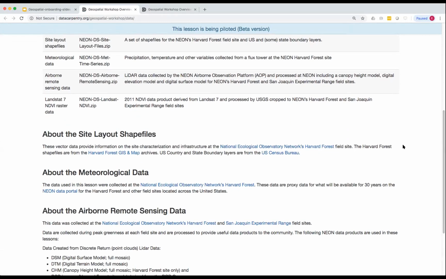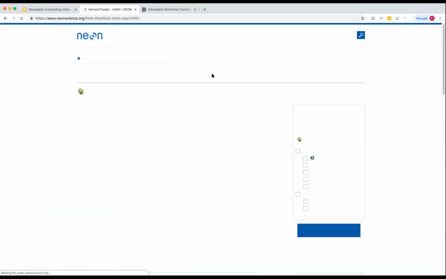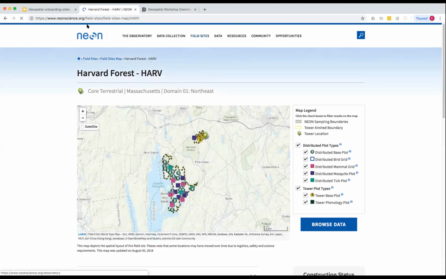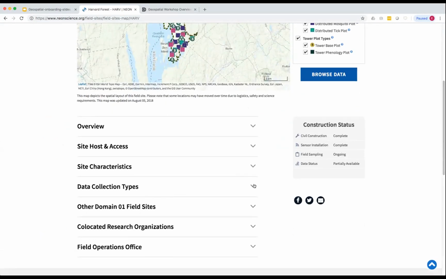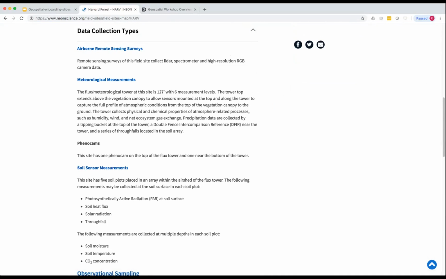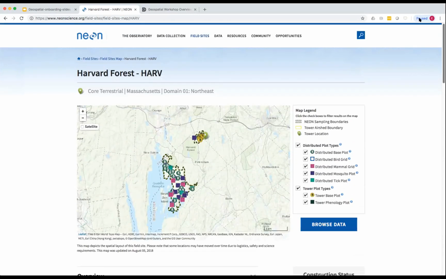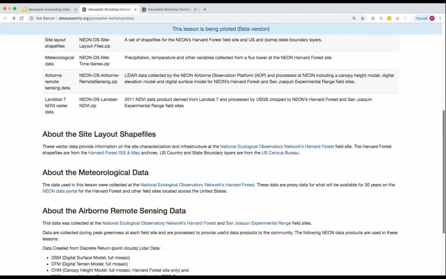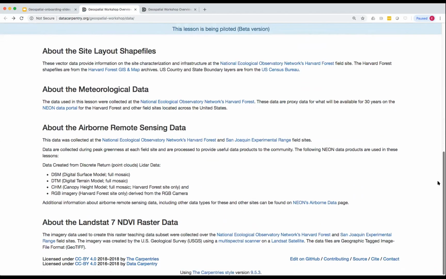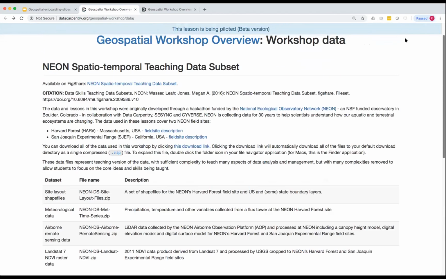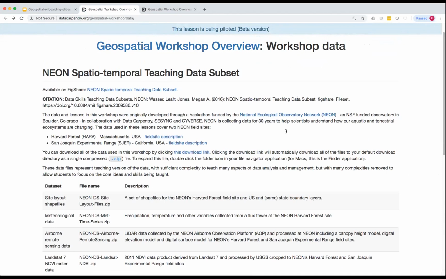You can find more information about the individual field sites by looking at the NEON field site description pages. This will give you as much information as you could possibly want to know about the data collection types, site characteristics, data collection methods, etc. And you can see those for both of the field sites. There's also more information about how each of these different types of data sets was collected. And this is quite a bit of information. Your learners may not need all of this information, but give them some